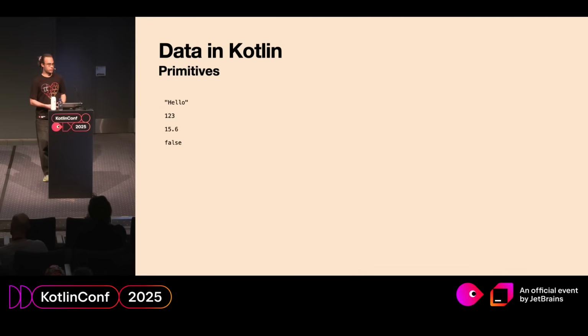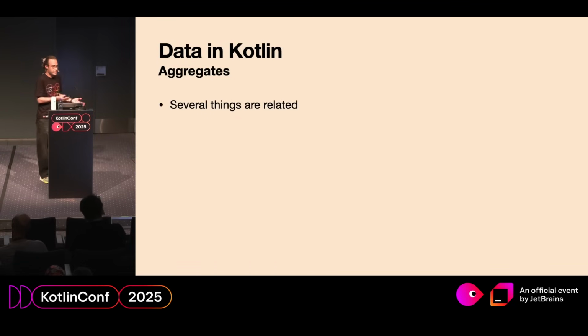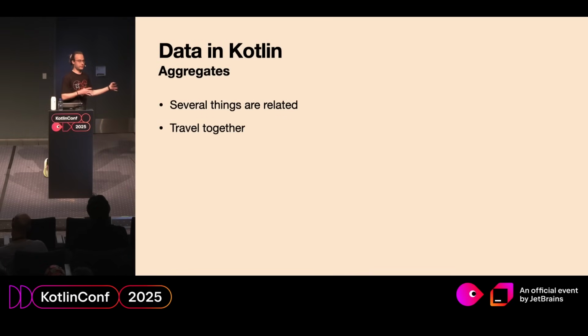To compose data, we need aggregates. We need aggregates when several things are related. I measure temperature and humidity in the same place at the same time, so these two numbers have some relation with one another. So that's when we might want to build an aggregate. When they travel together, we just group data together to send it somewhere else. When we want to build abstraction with data, like we might want to call several things as one and to see it as one, that's where the composition comes from. So we need aggregates.